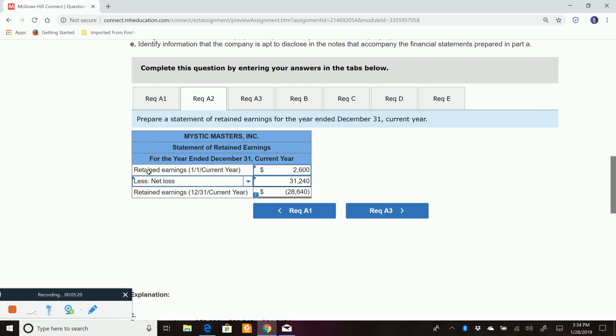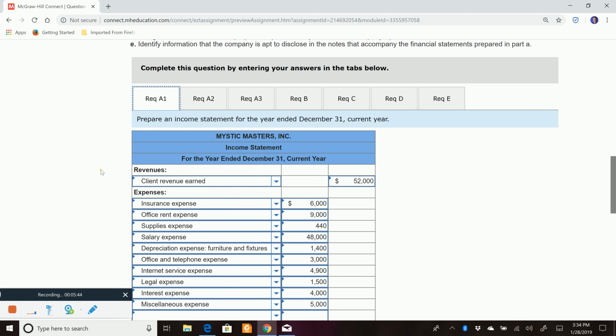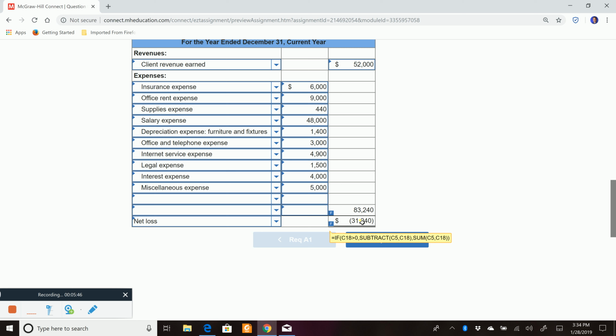So we're going to start by saying retained earnings at the beginning of the year. And you just saw this number from the adjusted trial balance, $2,600. Now, what did I say? How is retained earnings affected? They will increase with revenues, and they will decrease with expenses, and decrease with dividends. So what is the revenues minus the expenses? Well, we just calculated that back here. You remember? The net loss. This is the revenues minus the expenses,